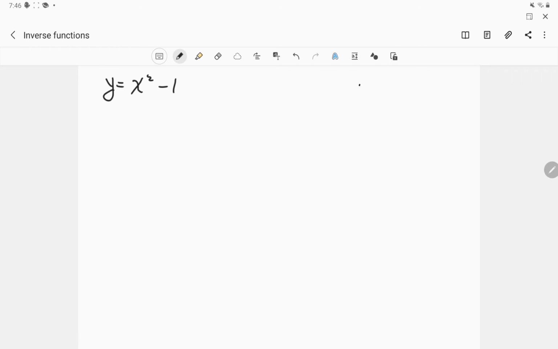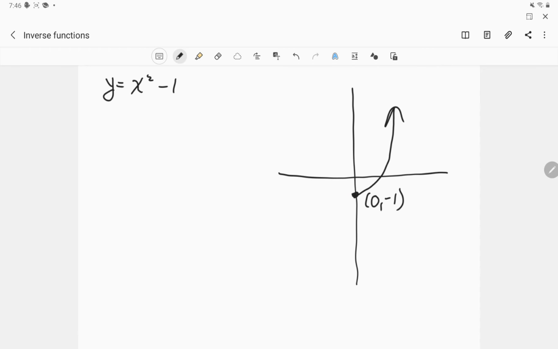So the first thing it wants us to do is graph that. Oh man, that was a horrible line. So if I can do any better on my straight lines here. Remember, x squared is a parabola. Minus 1 means it's been moved down 1. So my vertex would be 0, negative 1. And then it would go something like this. Now, they just asked us to sketch it. So as long as you get the vertex right and then give me a parabola,